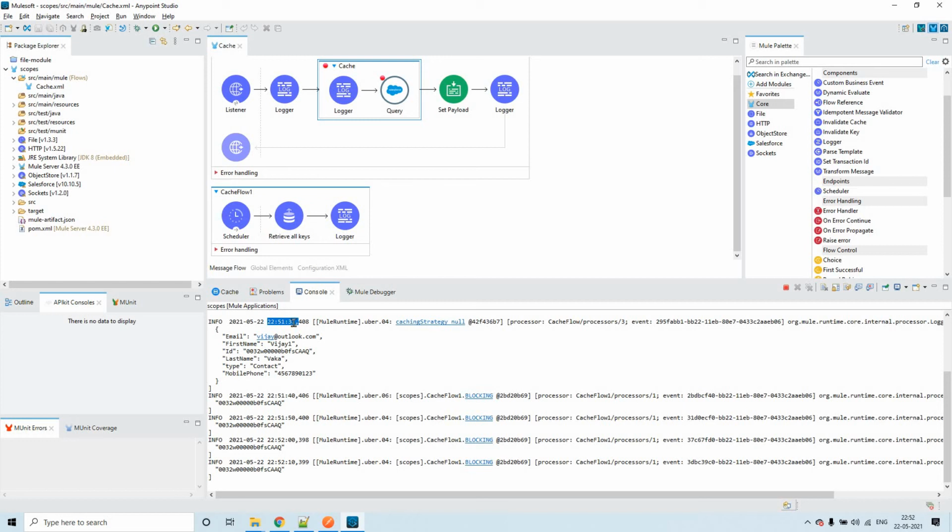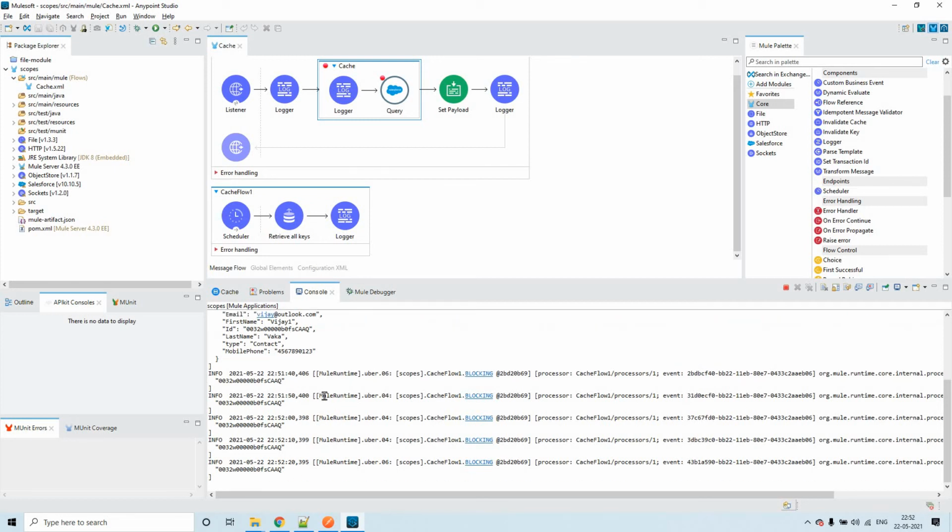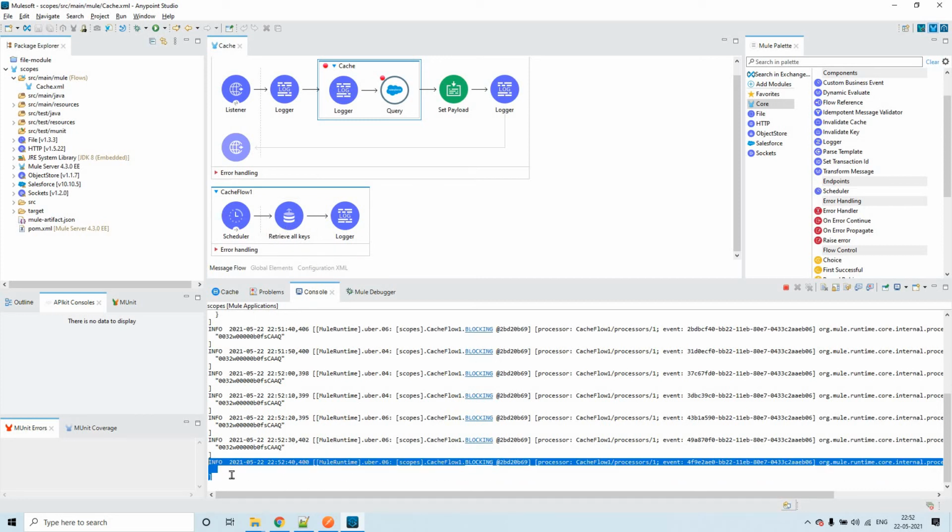From then on, this will live for 60 seconds because we are doing that cleanup activity every 60 seconds. That's the reason you see here 20:51:50, 20:52:10, 20:52:30. So 1, 2, 3, 4, 5, 6. At this time it will be erased from the object store. See, now you got nothing, so everything is cleaned up. So this is how it works.